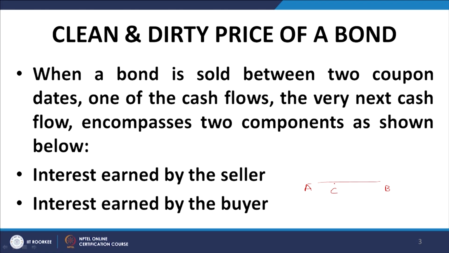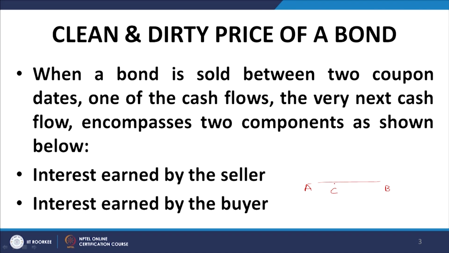And as far as the buyer of the bond is concerned, the party Y, he should be getting the interest for the period pertaining to his holding of the bond, that is the period CB. And therefore, we work out or we allocate the interest which is called the accrued interest. We work out the accrued interest for the period AC, and when the transaction price of the bond is arrived at,